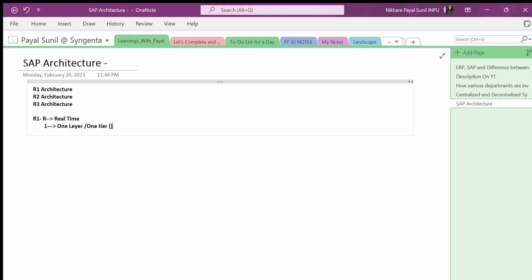One layer of what? One layer of database. Okay. So R1 is nothing but R stands for real time and 1 stands for one layer or one tier of database. Then R2 is